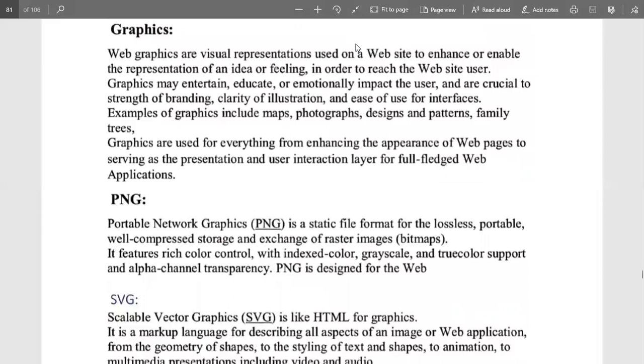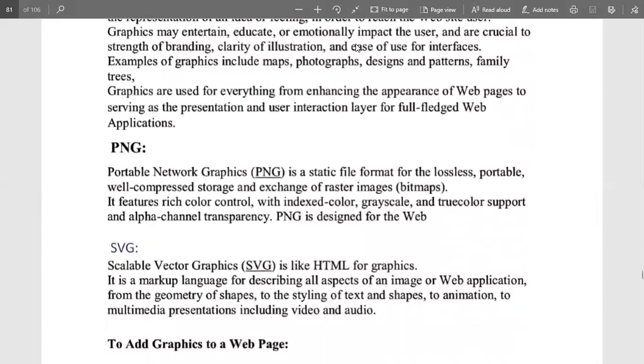Because this is the most important part from the presentation point of view, the interaction point of view, the expression point of view. So we have to add graphics. With the help of that, the pros will be exploring more and more.